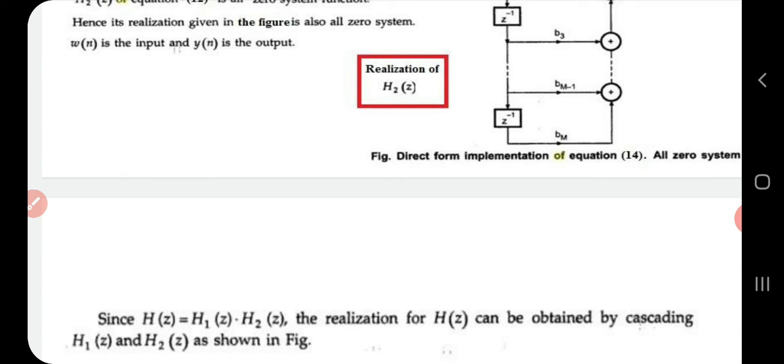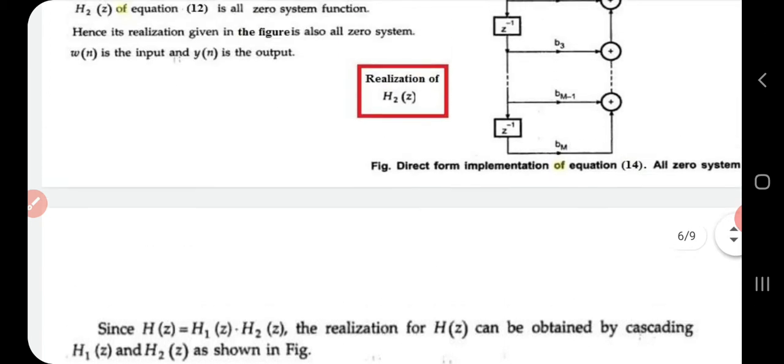That is one difference. Then H1 of Z actually represents all zero system in case of direct form 1, whereas H1 of Z in direct form 2 is representing all pole system. Similarly, H2 of Z in direct form 1 was actually representing all pole system, whereas H2 of Z in direct form 2 represents all zero system. So these are the common differences that you can notice when you compare direct form 1 and direct form 2